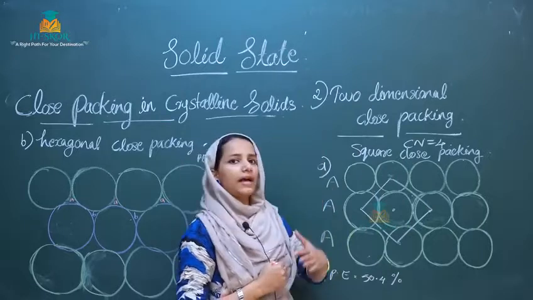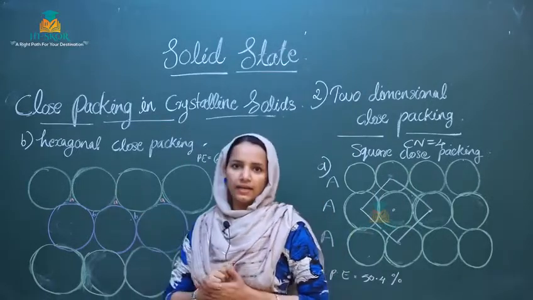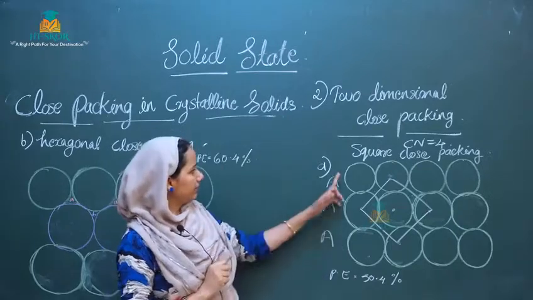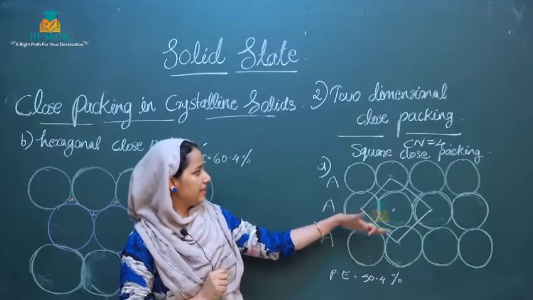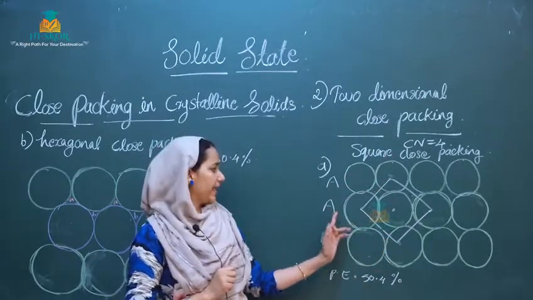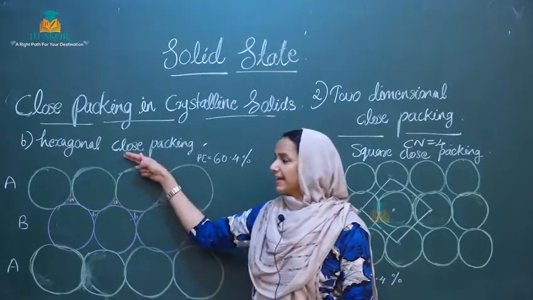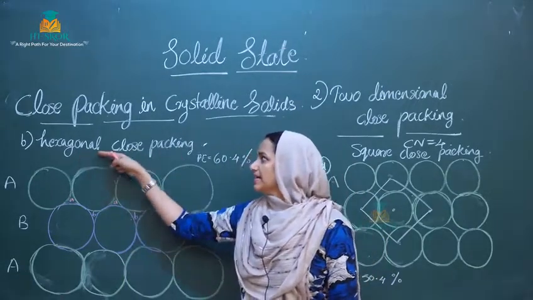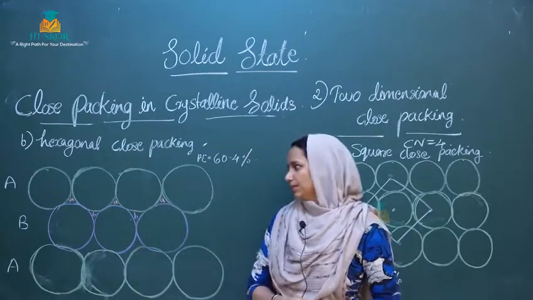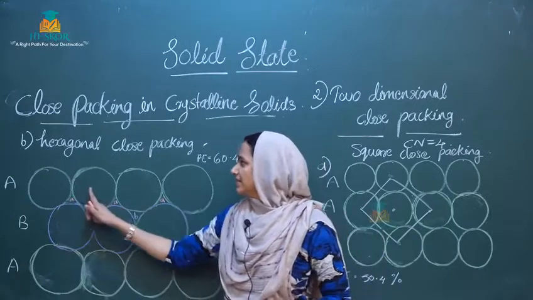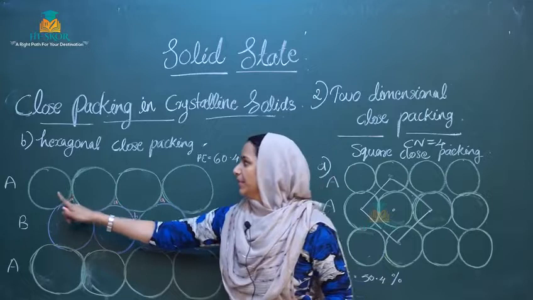Okay, in two-dimensional close packing, we have one more type, that is this one. So here we can call it AAA type, that is square close packing. Similar rows are repeating here, so AAA type. Okay, so the second type of close packing is hexagonal close packing. Why is it called hexagonal close packing? So we will check. The first row is like this, and the second row is drawn in between the